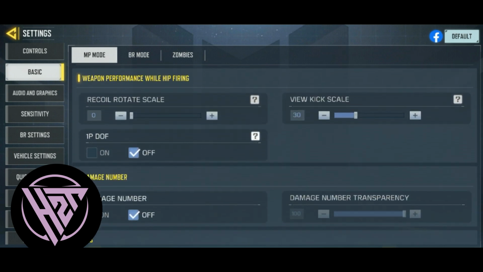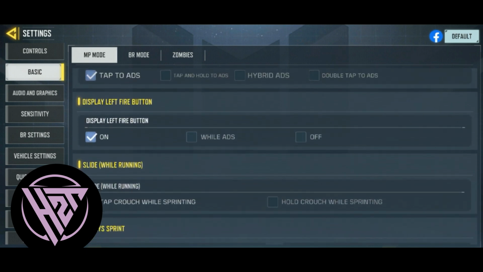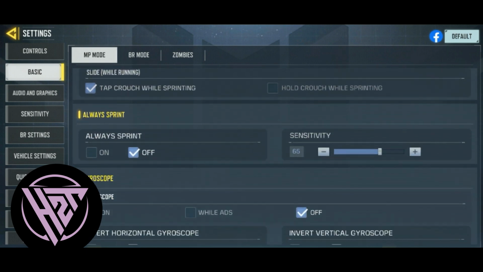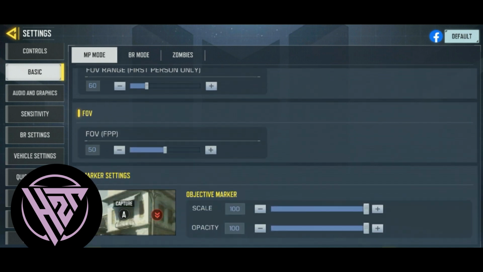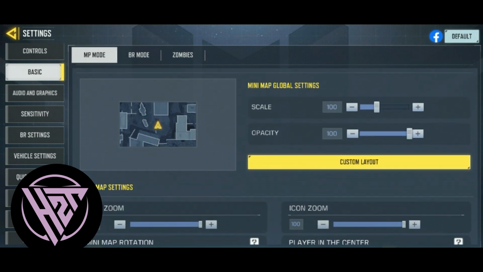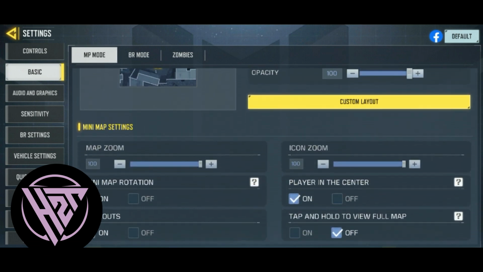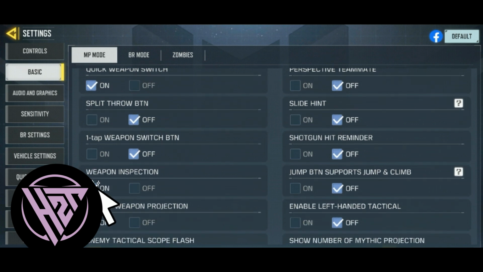Inspecting your weapon can be a fun and immersive aspect of the game. In social settings like clan matches or custom lobbies, weapon inspection can be a conversation starter or a way to showcase your collection of skins to friends. So in here, enable weapon inspection. So tap the on option